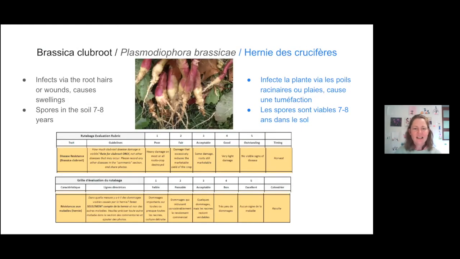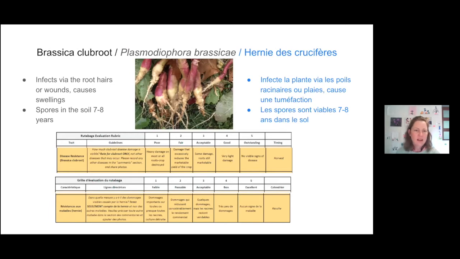Next slide. A few of the traits I wanted to focus in on a bit. The disease trait refers to Brassica clubroot, which is caused by a soil pathogen that lives in the soil as spores, and the spores can stay there for 7 to 8 years. So it tends to become an endemic problem unless you have a very, very long rotation and the amount of